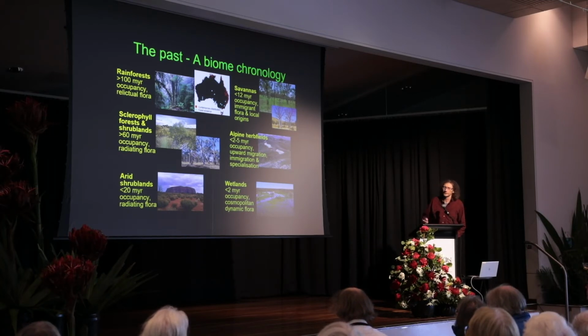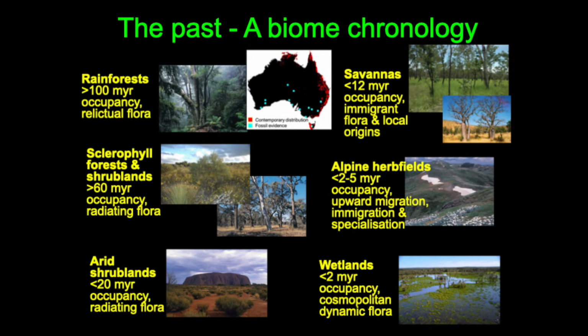And I think, the rainforests, we certainly know there's plenty of evidence that they've been around for more than 100 million years. We used to think that the sclerophyll flora was much younger than that, but now there's evidence that it's been in amongst that rainforest for at least 60 million years, possibly longer. The arid component, as I mentioned, is more recent, but still quite old. Goes back to the Miocene times. Mostly younger than about 20 million years, though, which is connected to the separation of Antarctica and the circumpolar circulation